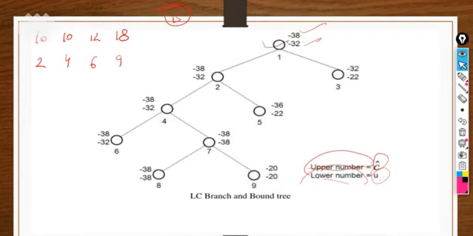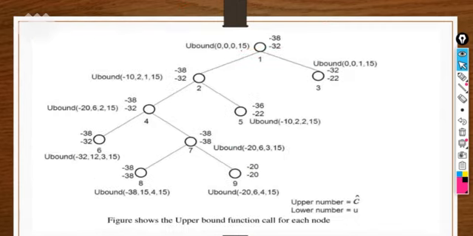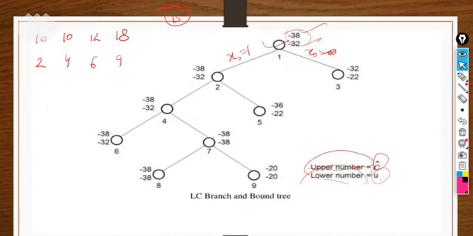First we are starting with node 1, right? So either we can exclude it or include it. If I write x naught value as 1, we are including it. If x naught value is 0, we are excluding it. Okay, so 1 indicates including and 0 indicates excluding, right? So what is the initial stage actually? Here 1 means we are including the object, and 0 means we are excluding the object, right?